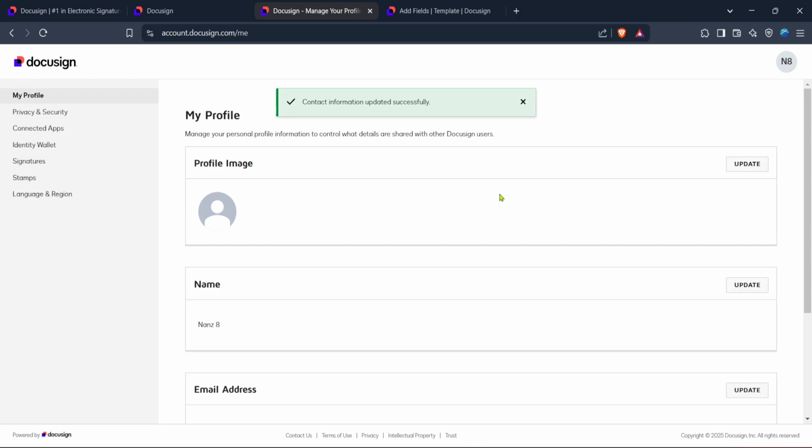Feel free to return to this guide anytime you need to make further adjustments. Keeping your details current not only keeps your work professional, but also ensures all your electronic transactions go through without any